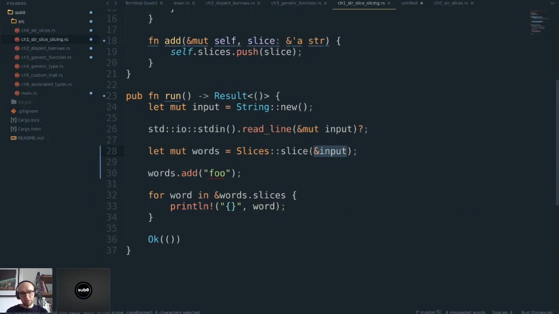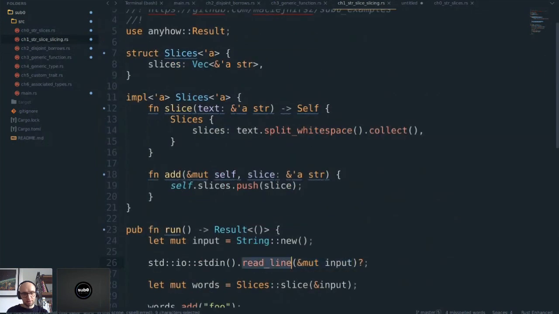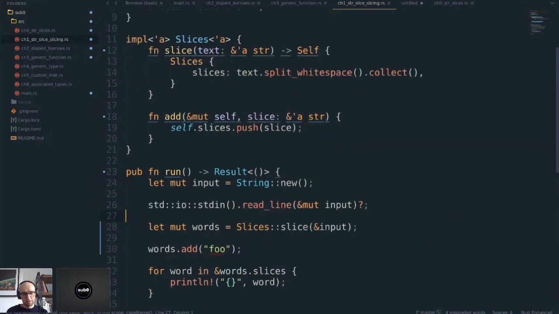By now, Rust is smart enough to know that, because I'm using this reference over here and then I'm done, whatever this read line did, it's done. At line 27, this reference is no longer needed. So I can borrow the input again as an immutable reference, right? So this reference only lives for this one line, effectively. That's how we can think about it. If I store this reference in a variable and use it over here, then that's how long it would have to live.